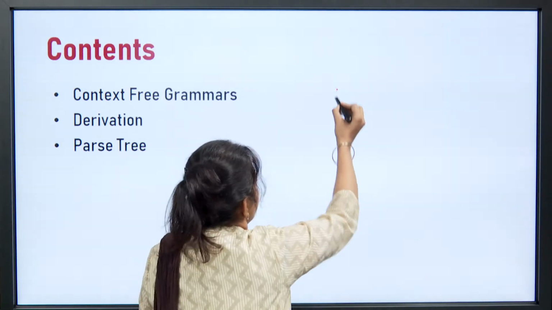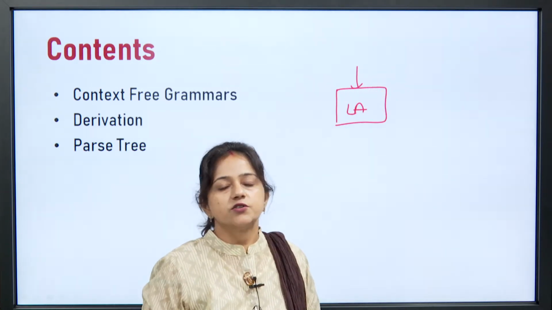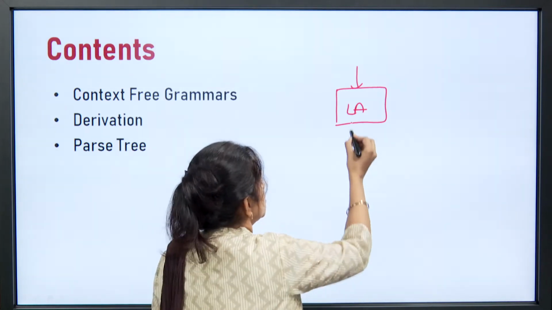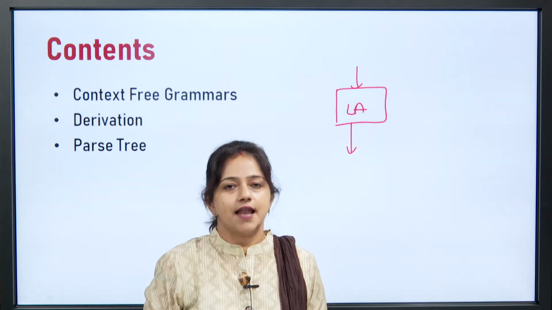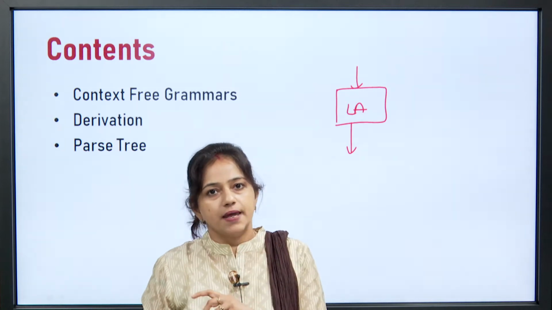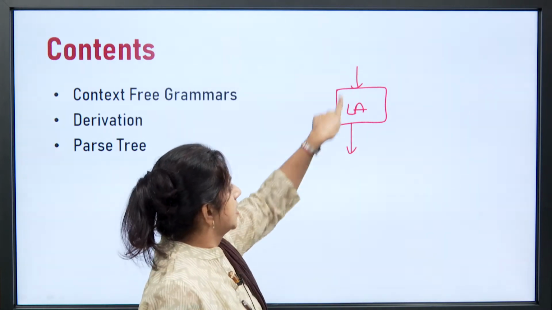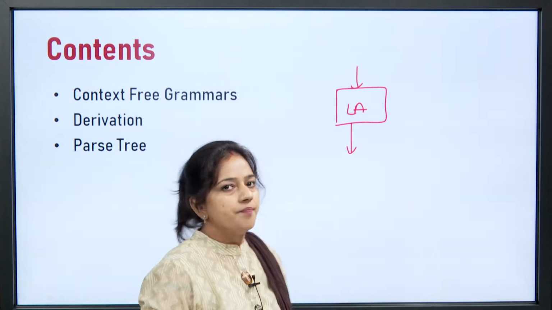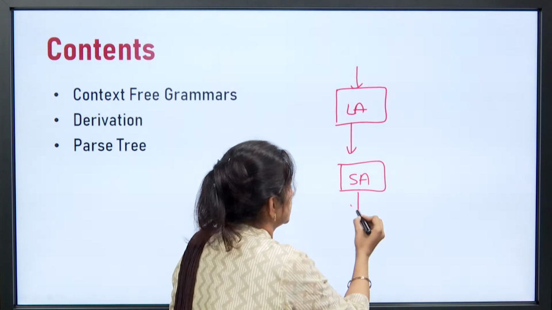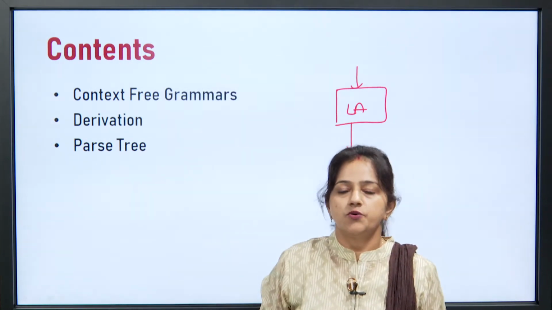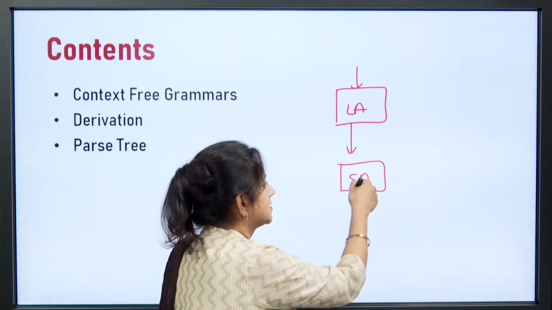Up to this lecture, we have discussed lexical analyzer. Input to lexical analyzer is a sequence of characters or source program, and output of lexical analyzer is a stream of tokens. Up to here we have discussed how lexical analyzer is transforming the input written in high level language into the form of tokens. Now, these tokens will be input to syntax analyzer, and syntax analyzer will generate the parse tree or syntax tree. So, in today's class we will discuss the basic terminologies or constructs that will be used inside the syntax analyzer.